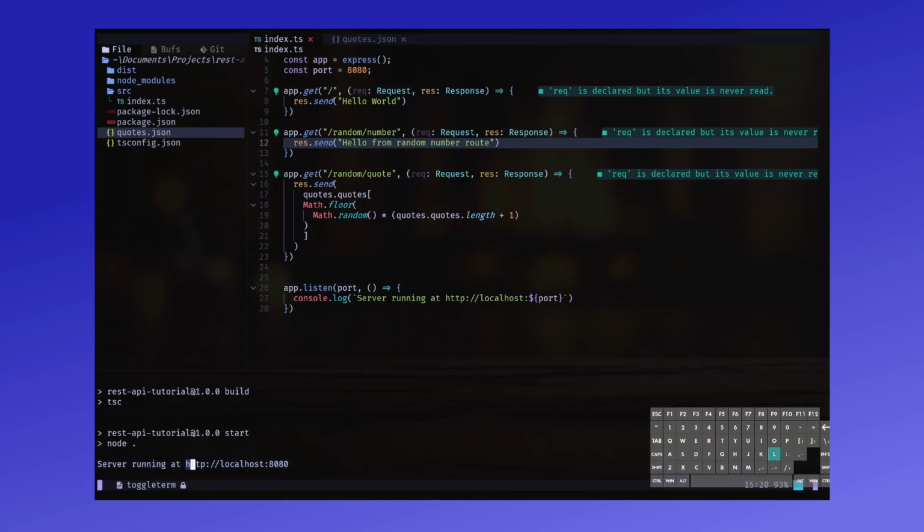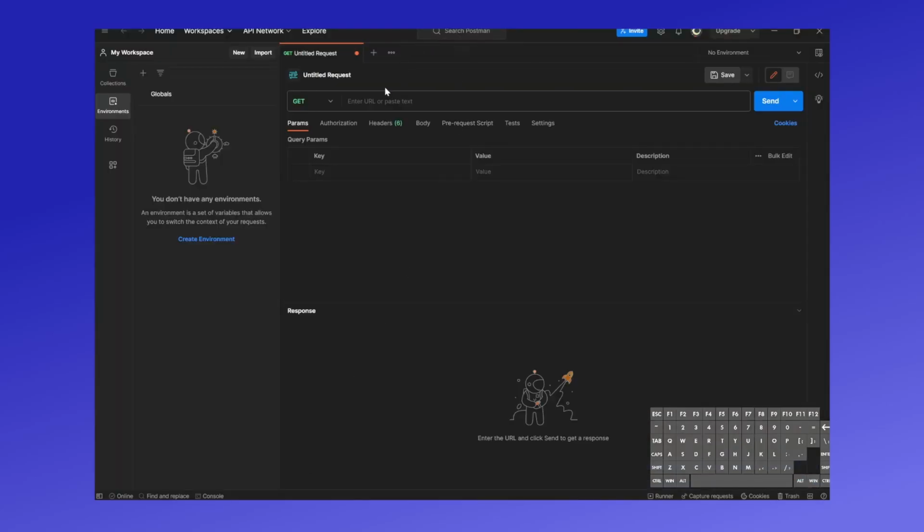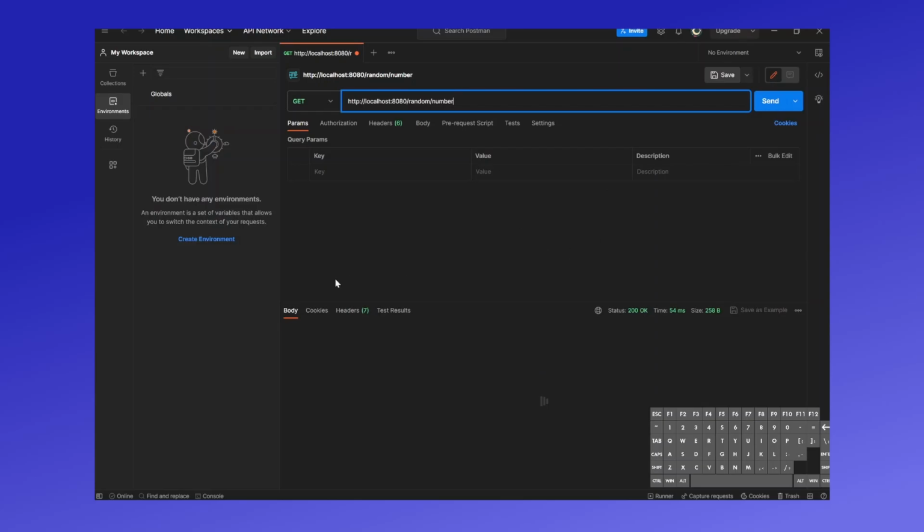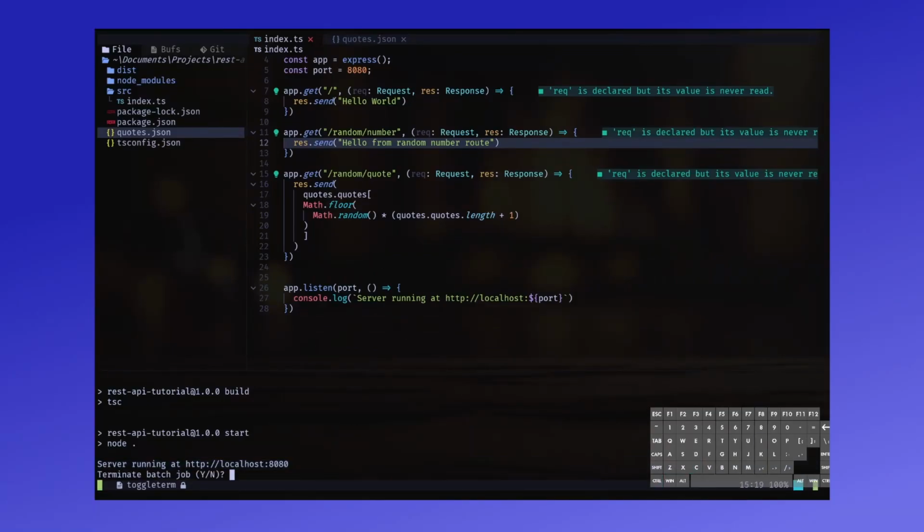I'm just gonna copy in our URL again, and then go on to Postman, paste it in, and it's /random/number. And we can see that we're getting hello from random number route. Okay, great, this is working. We can stop the server,